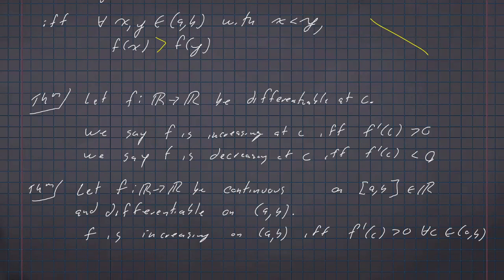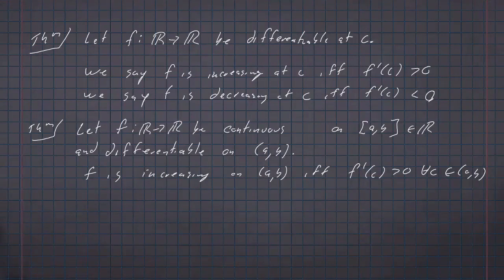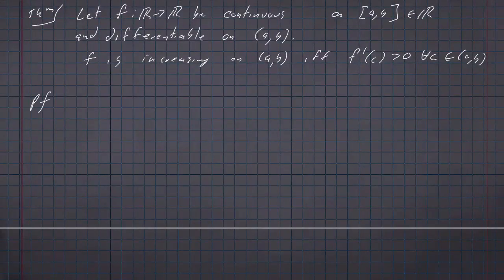All right, so this theorem is giving us a new way of looking at the general idea that we had before. And to prove this theorem, we will employ the mean value theorem. This is an if and only if statement. And in fact, one direction is fairly straightforward. If we have that the function is increasing, then it's fairly easy to say that f prime of c is greater than 0 throughout the interval. But if we have that f prime of c is greater than 0, it's not obvious that the function is always increasing. So let's tackle that